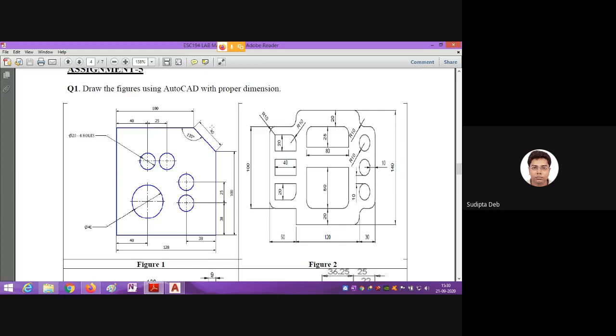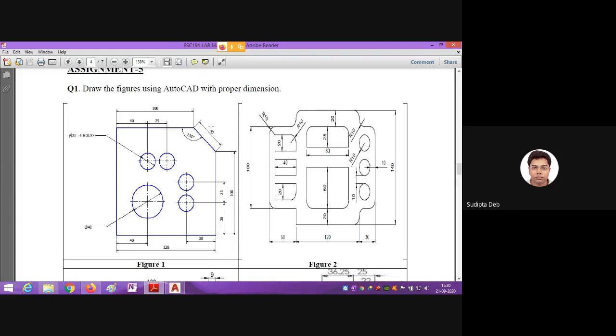40. With how much angle? Minus 45. Why am I telling you minus 45? Because the angle is measured in the anti-clockwise direction with a positive sign, but the clockwise direction will be a negative sign.